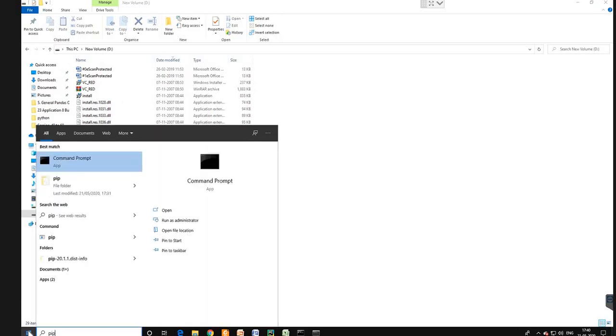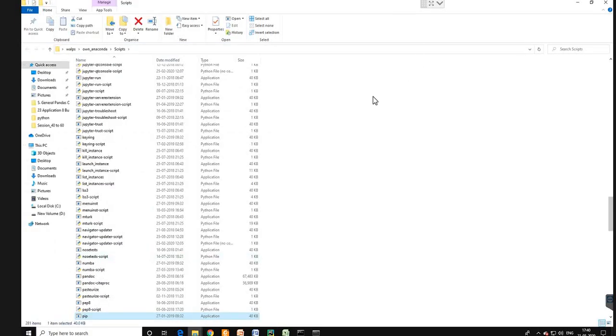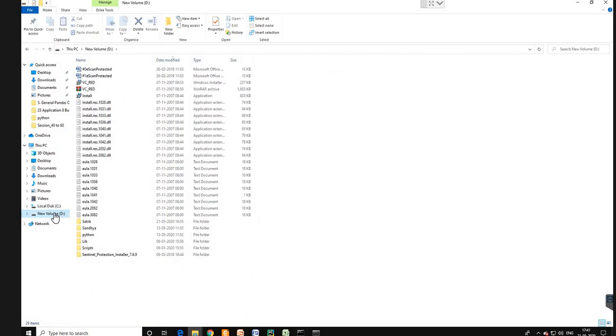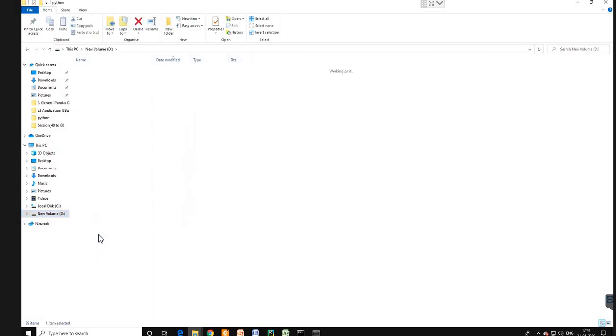Sorry, this is for command prompt. I'll just search pip. Here I'm doing it: right-click and Open file location. Fine, so this will be in my directory. I have created many environments, and there is this Scripts folder, but in my case I know I have the official Python, the first one which I installed, or the modules which you have installed, several modules, you can take that also. But for a basic purpose, I have installed the Python in D drive. So you need to click on it.